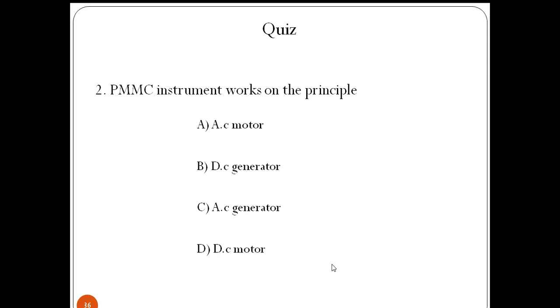The PMMC meter works on the principle of: option A, AC motor; option B, DC generator; option C, AC generator; option D, DC motor.